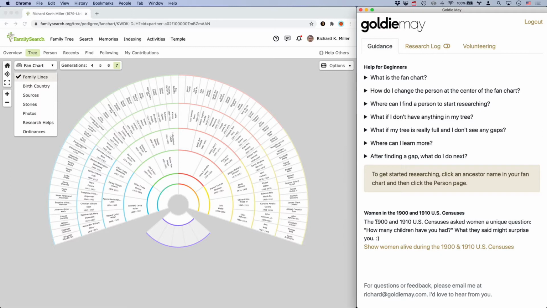The 1900 and 1910 U.S. censuses were interesting because they asked women two unique questions: How many children have you had, and how many of those children are still living? And so Goldie May will walk you through the process of looking at those answers, and we can compare them